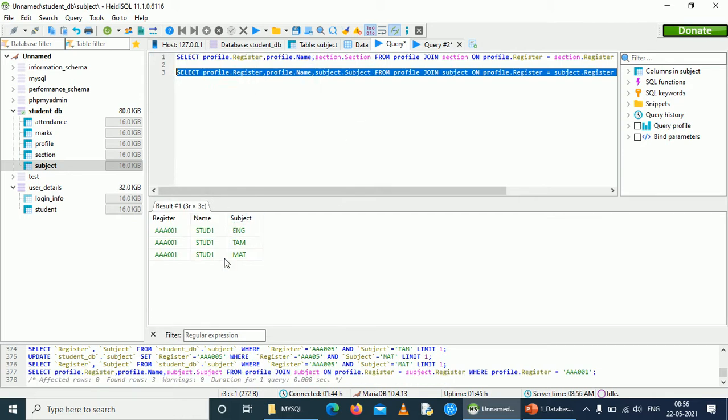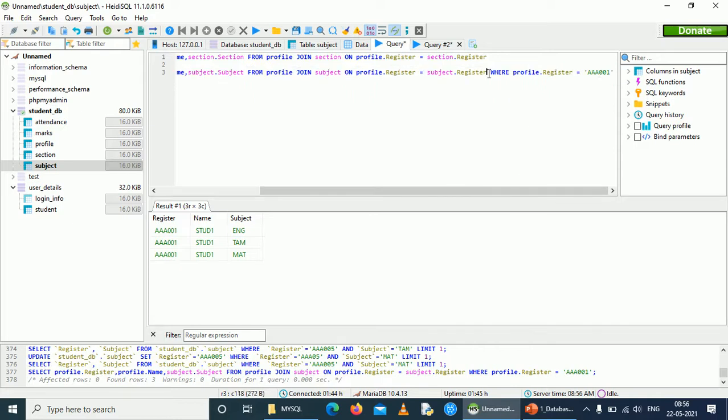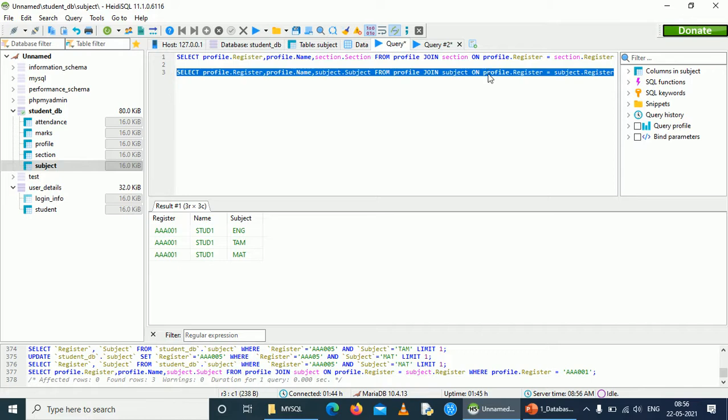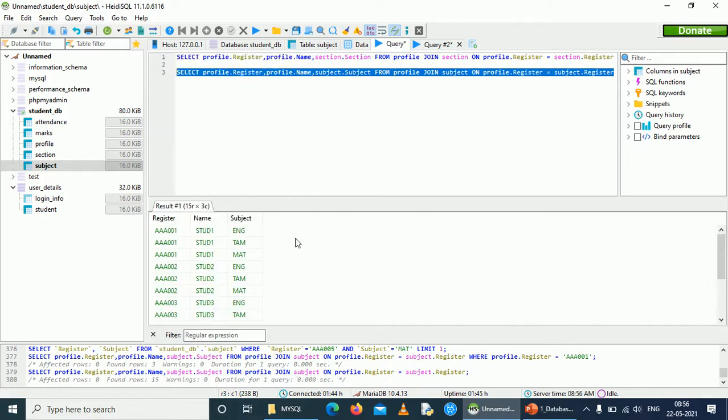So the subjects registered for a particular register number A001 are displayed here with respect to the where clause. In the where clause we have mentioned that the register number must be A001. If we just ignore this where clause, it will display for all the students: student register number, student name and registered subjects.